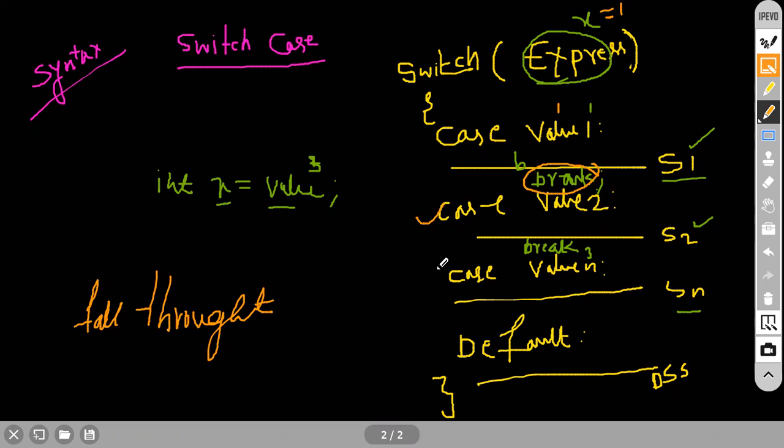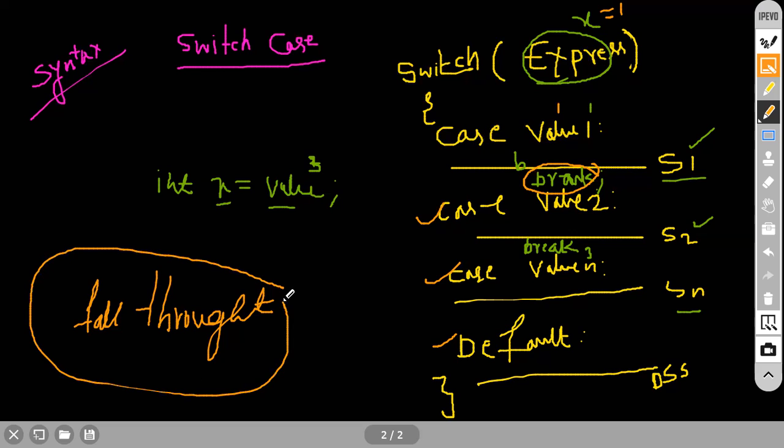This condition also will execute. This case will execute. The default case will execute. All the cases will be executed. So that indicates very clearly we are in fall through, where everything is under execution. This is what we call the fall through condition. So that is the reason why you always place the break, but after the default there is no use of placing the break. Clear everyone?